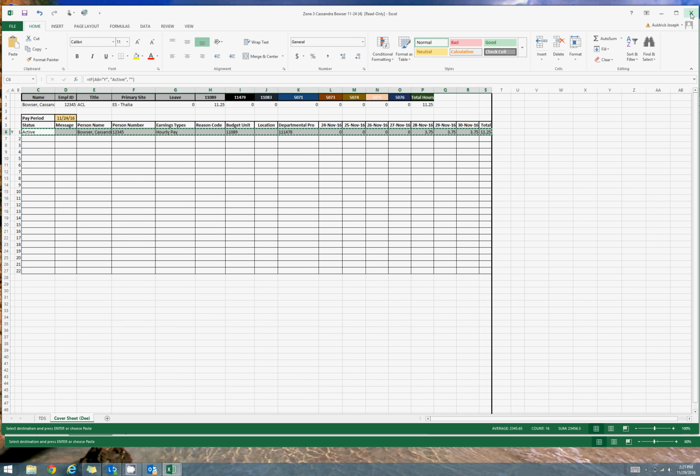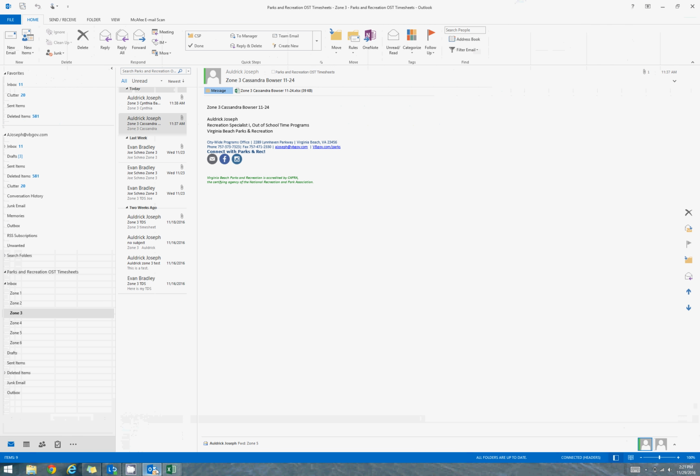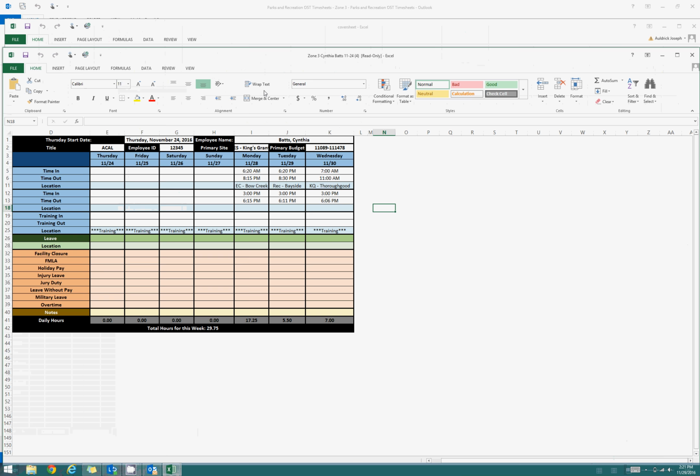We can exit out of that. All right. So once that is exited, we're going to open up the next part-time staff timesheet. In this case, we are processing Cynthia Batts' time for the 11/24 pay week. So we're going to double click on her timesheet. As you can see,